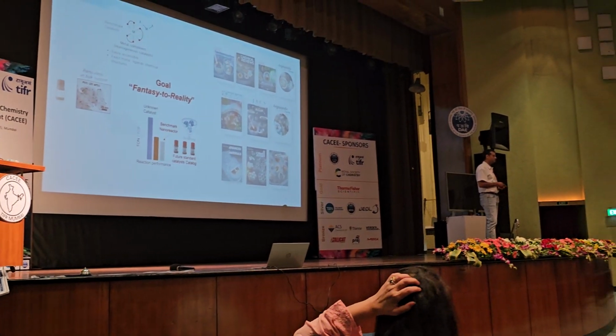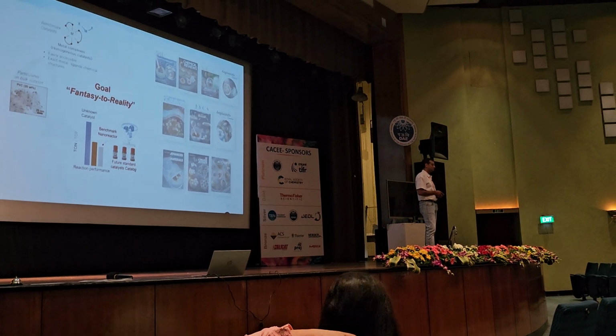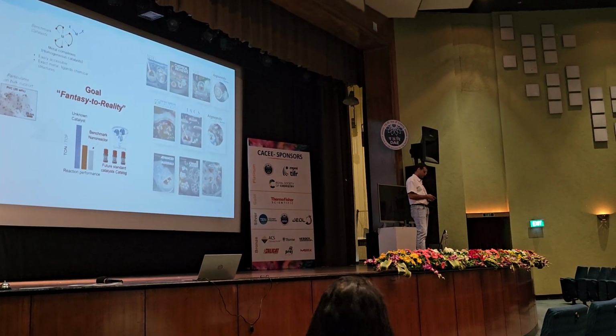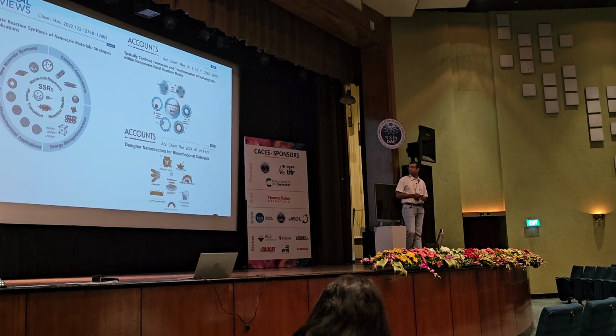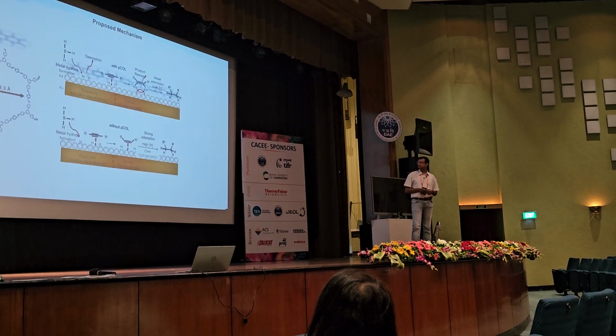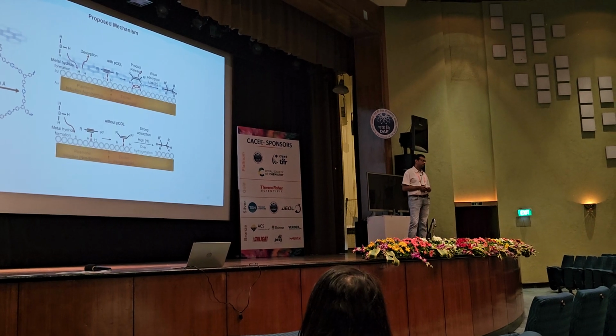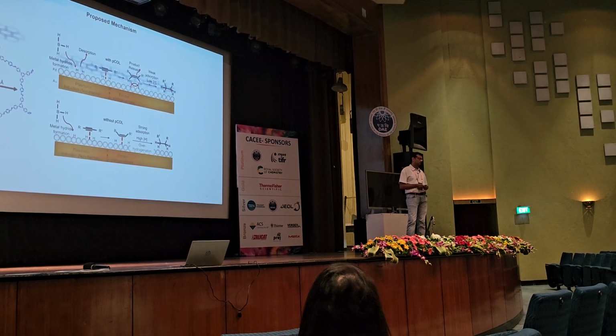Hello sir, it was a nice talk. My question is about the hydrogenation of alkyne to alkene. Normally there are two possibilities, cis and trans. In your case, we have seen that the cis isomer is formed, and basically the trans is more stable as compared to cis. So any comment on this?